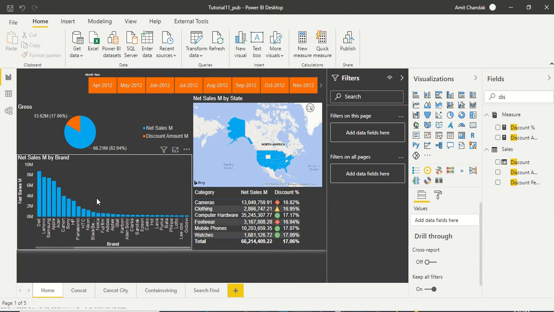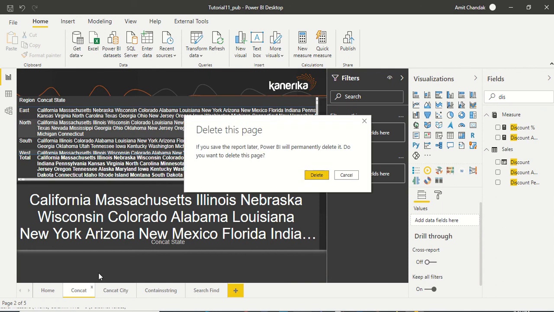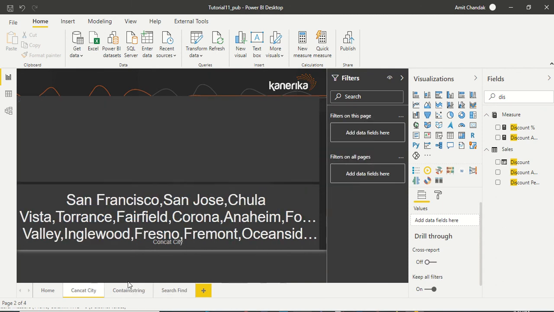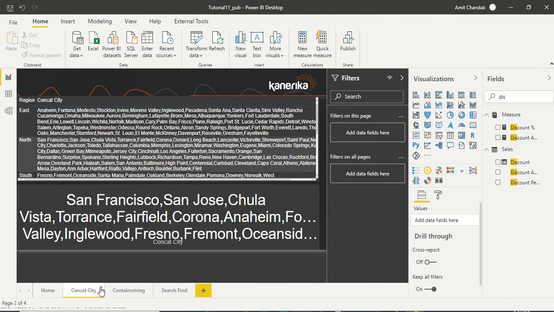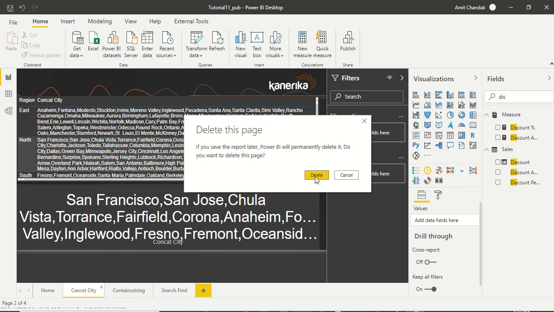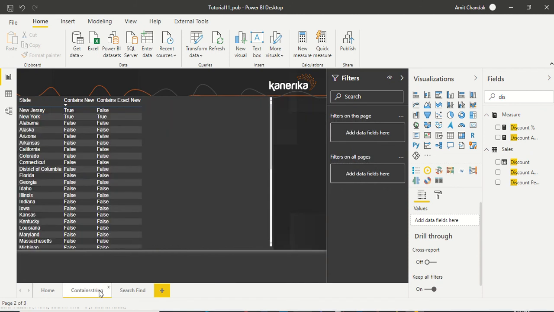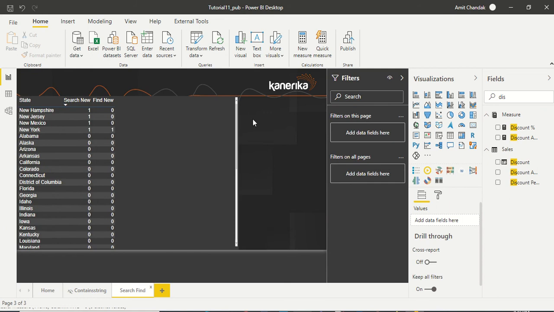So I have prepared my dashboard, and you can see this is the first page. There could be many more pages. For demo purposes I've created one page, and what I need to do is, for unnecessary pages which I don't want to publish, either hide them or delete them. So I'm going to delete a couple of them and hide one of them, just to showcase how it happens. So I just right click and hide one of them, and let me delete this now.